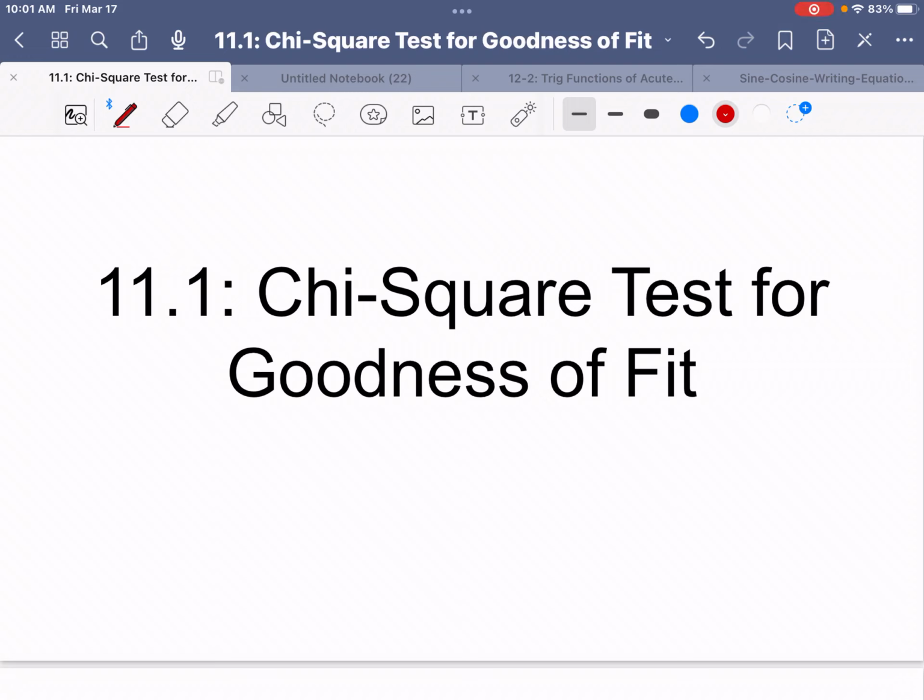Okay, AP Statistics students. So yesterday in class, we collected some data on M&Ms and their color distribution. I'll be using that data to teach this lesson. You all entered your data into that spreadsheet, and I've collected that and we'll show you the results. In Chapter 11, Section 1, we're going to learn how to carry out a chi-square test for goodness